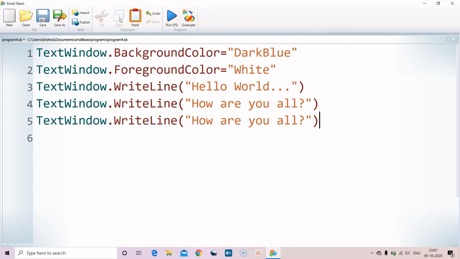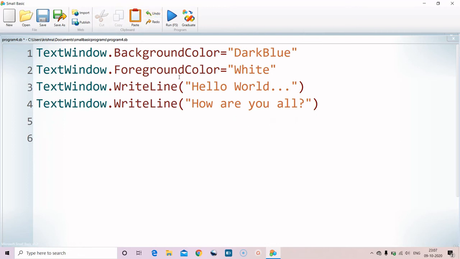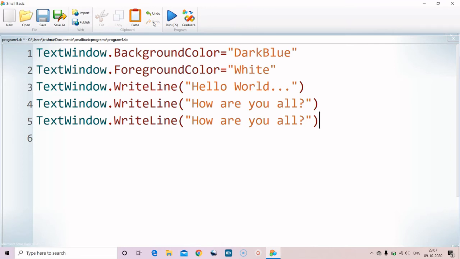Cut and paste means moving it from one place to another. Copy and paste means copying another line. We can undo what we have done in the last step. If we click undo, it is gone. Similarly, if we redo, it comes back again.